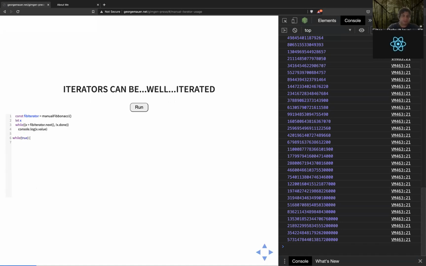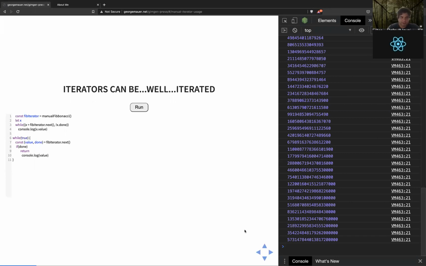Do something like const value, done equals fib iterator dot next. If done, return. I don't like that I can't see my cursor. That's weird. Otherwise, console.log value, and then that.